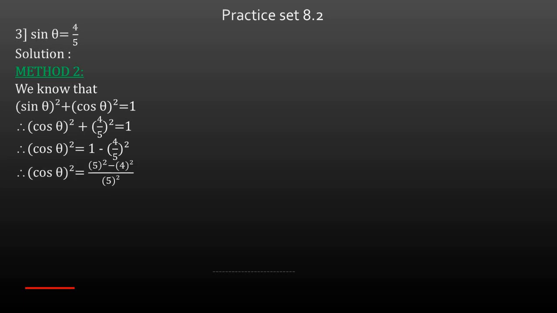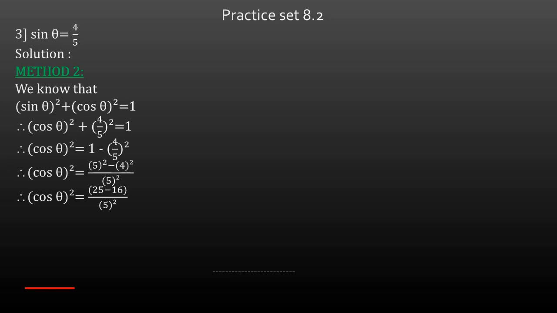Now by cross multiplying it, I get cos square theta is equal to 5 square minus 4 square upon 5 square. Now these are small values, the squares of 5 and 4 we already know. So there is no need to use the equation a square minus b square is equal to a plus b multiplied by a minus b. If we do not use that equation, it is also fine, because these are small values whose squares we already know. So just substitute the values of 5 square and 4 square. Now the value of 5 square is 25 and 4 square is 16.